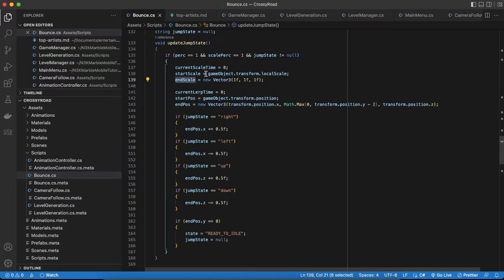The first jump is going to be up in the air. The second, once it's already up in the air, we will make it go back to earth. It is up in the air if the jump state is not equal to null. It is already fully in the air when the percentage goes to 1. So the end scale is to move the chicken back into its normal scale, while the end